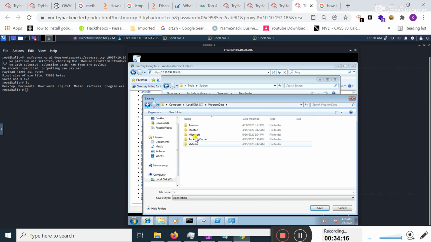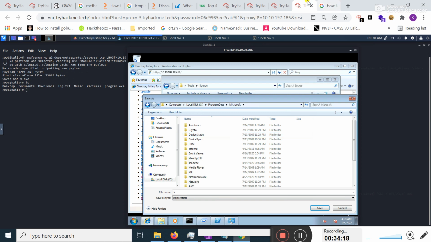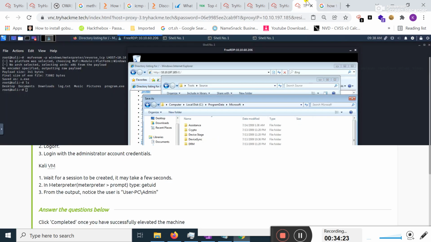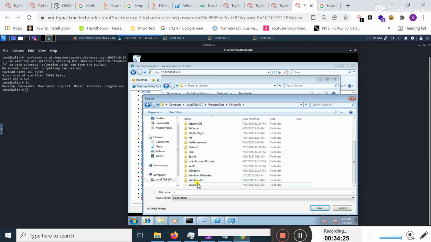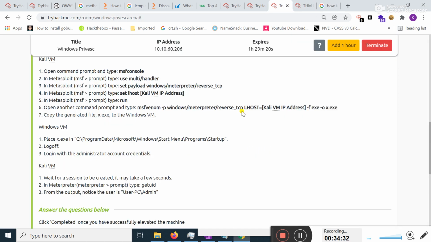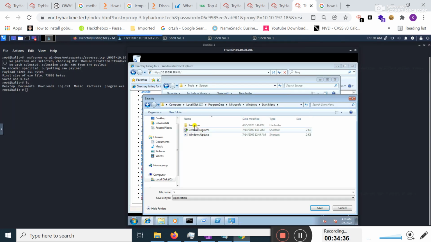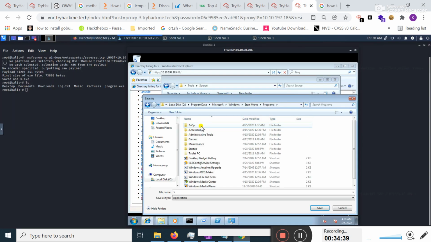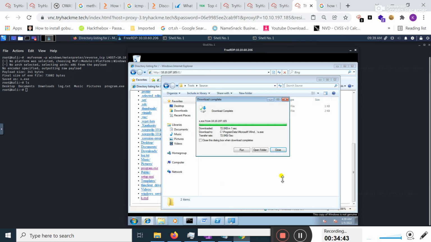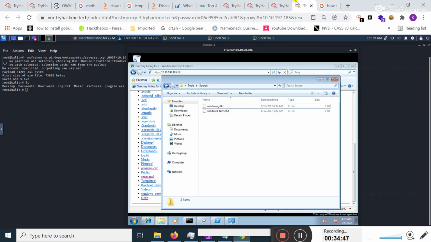Okay, now I'm going to Microsoft, and in Microsoft I should move to Windows and Start Menu. From here I'm going to move to Windows and then Start Menu, programs and then startup. I should save this here and the folder is successfully saved. I'm going to click on OK.